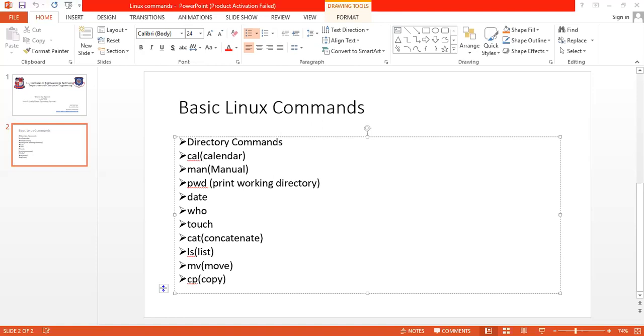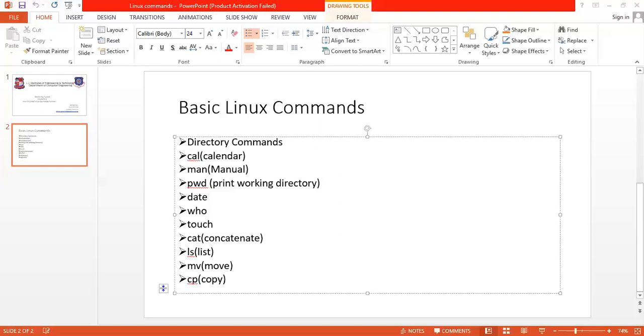These three duties of the cat command are very important.